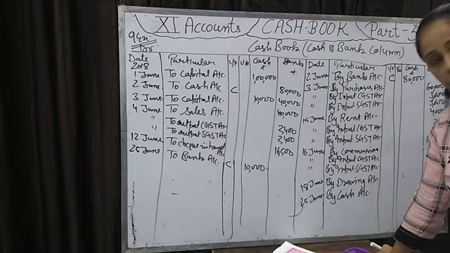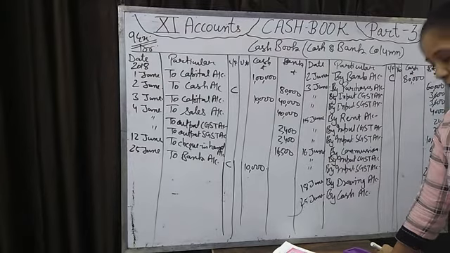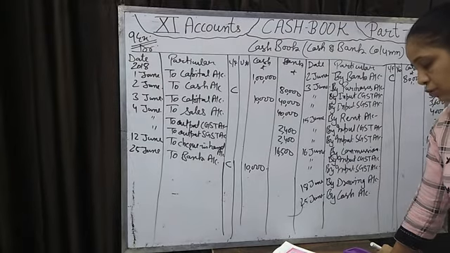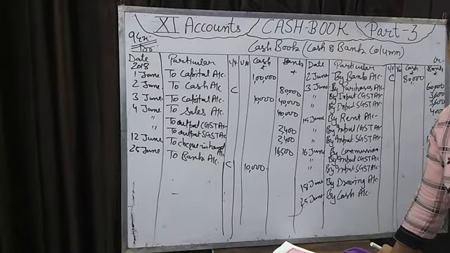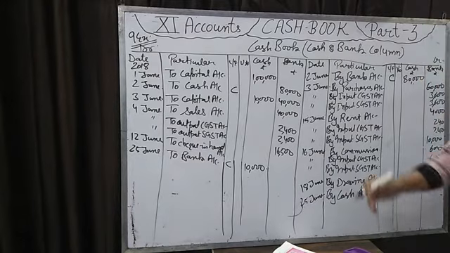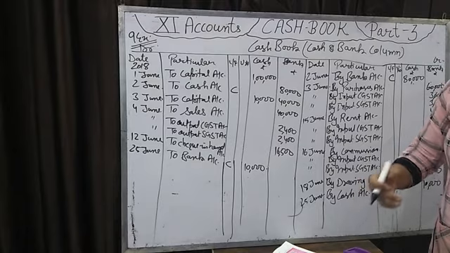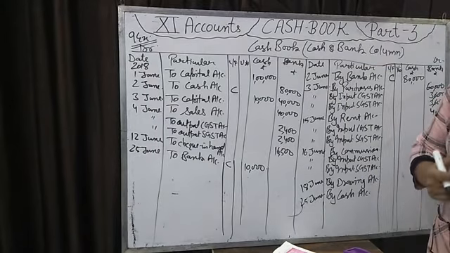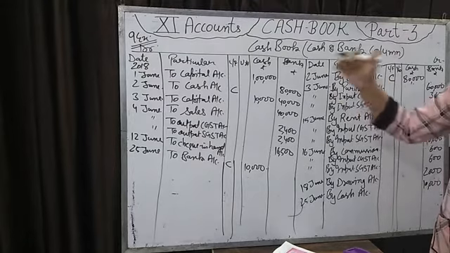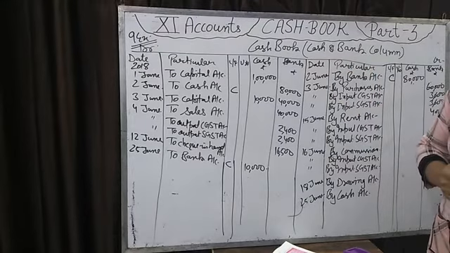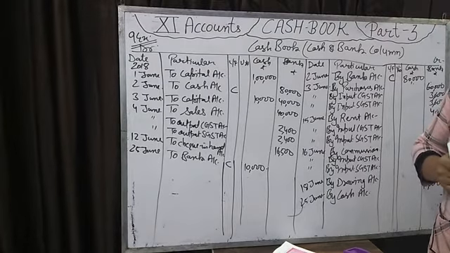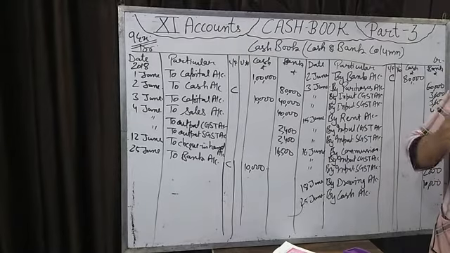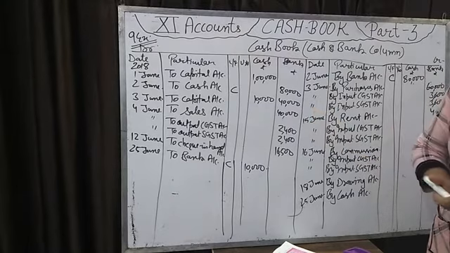And we endorse. Endorse मतलब दे देना, transfer कर देना. We endorse this check to Y on 29th June. We are not depositing that check into the bank. हमने Y को money देनी थी. Then we have given that same check we received from X. Now check in hand is going to Y, not our bank account. Which entry will we pass for this? Debit the receiver. Who is the receiver? Y. Y is debit to check in hand. Check in hand जो हमारे पास था, that is going. Credit what goes out.